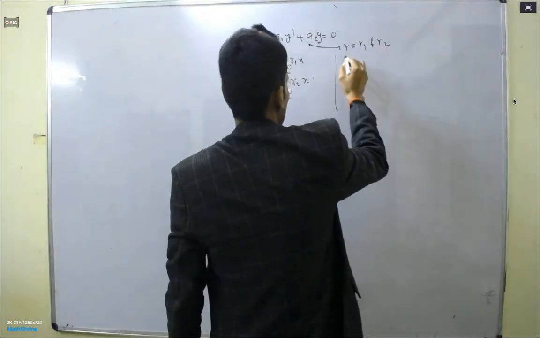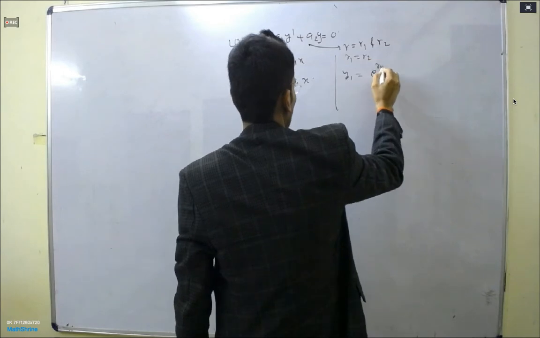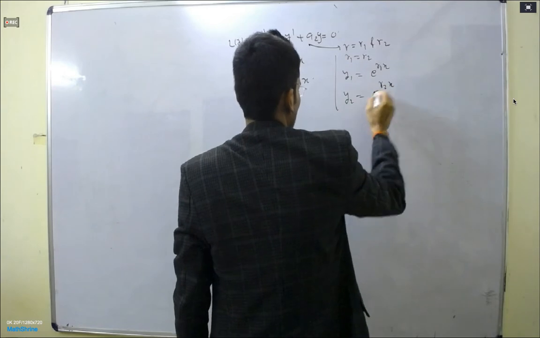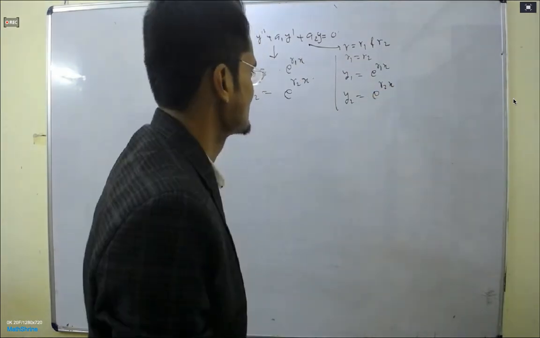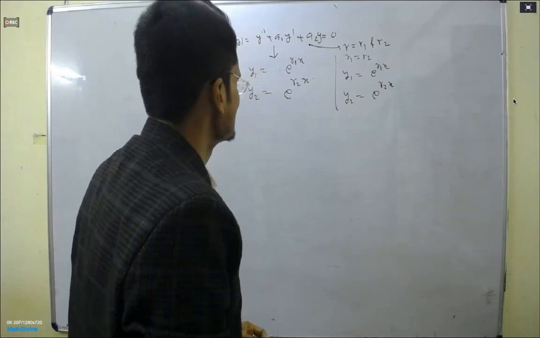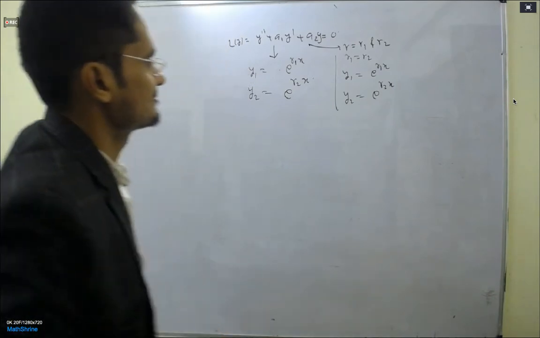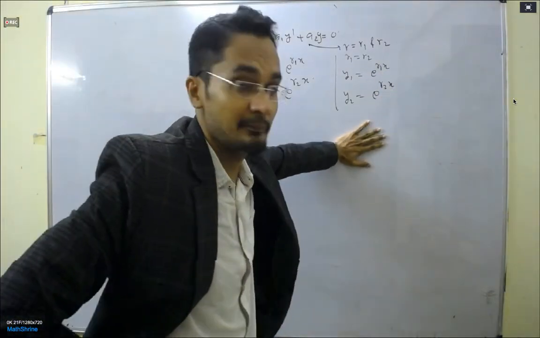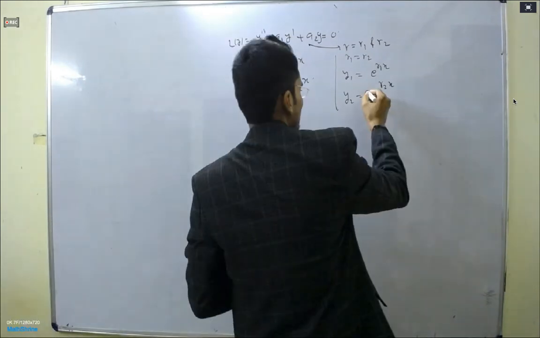So tell me, in the case when r1 and r2 are the same, x should come out, right? Is it correct? Yes, reply. When r1 is equal to r2, then it is correct. The second solution, please reply fast. When r1 and r2 are the same, yeah, okay, good enough.